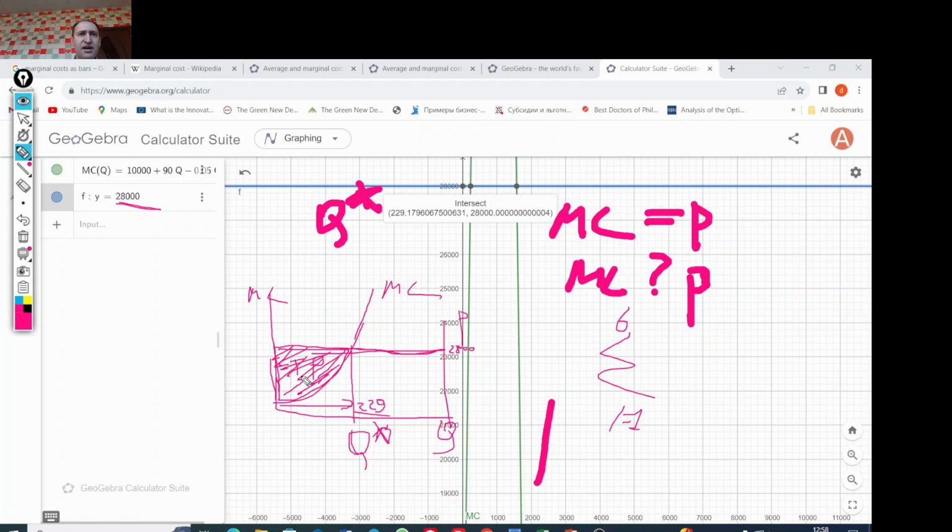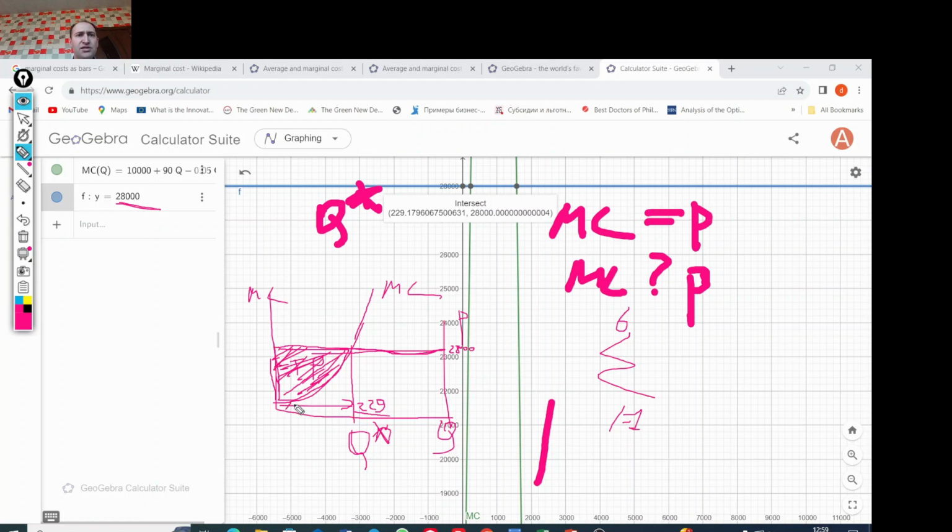That area above can be developed as an area of that shape, the rectangular shape, the revenue, right? Q times the price is that revenue rectangle, and an area of a rectangle is very easy to get. You multiply Q by P. Q is 229, the price is 28,000. And to get the total revenue